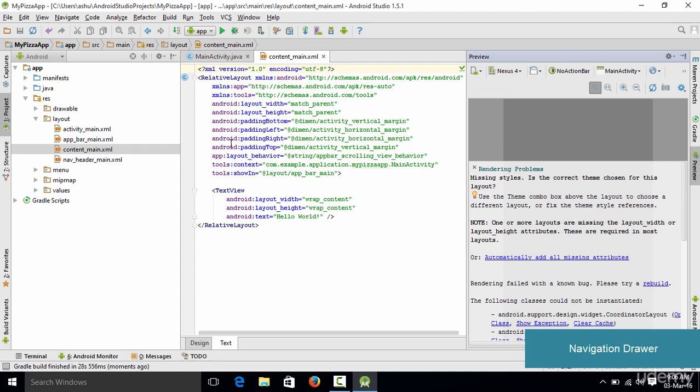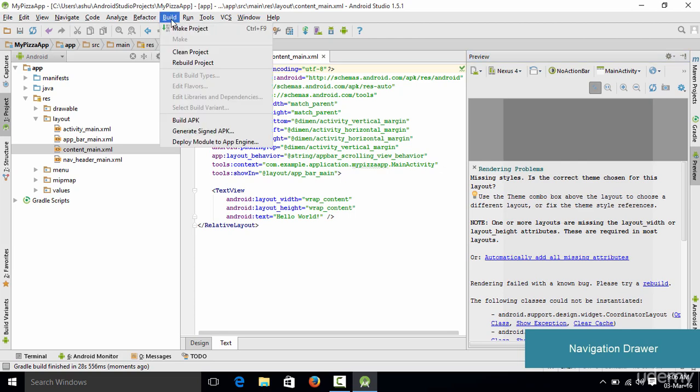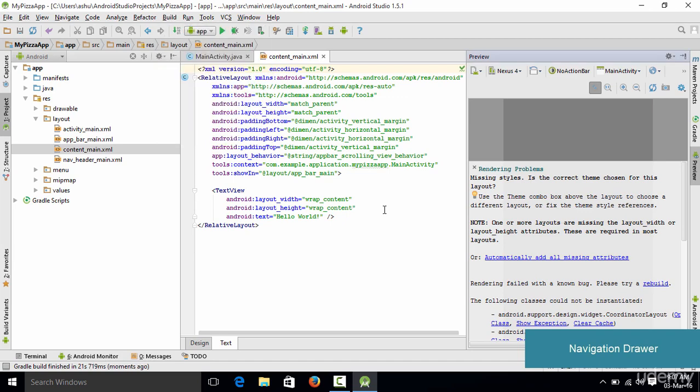As you could see, the project has been loaded, but whenever we try to create a new project in Android Studio, there are always going to be rendering problems, and I hope that it gets fixed in the next version of Android Studio. But for now, in order to resolve this issue, you could go to build and select the option called rebuild project. Once you click it, as you could see, nothing happened even if we rebuild the project.